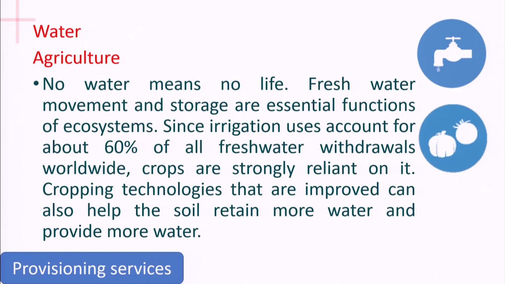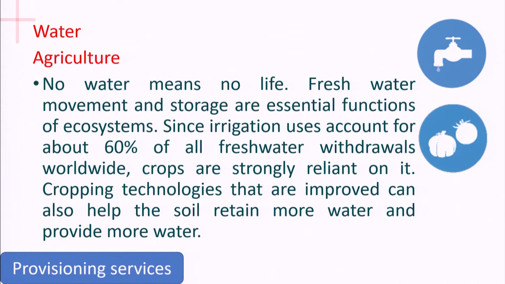The third after food is water. After food, wood, is water. Water is the third provisioning service given by the ecosystem to mankind. No water means no life. Freshwater movement and storage are essential functions of the ecosystem. Since irrigation uses